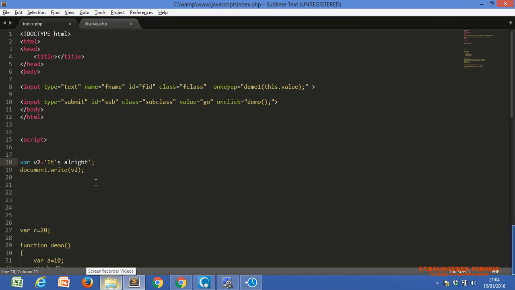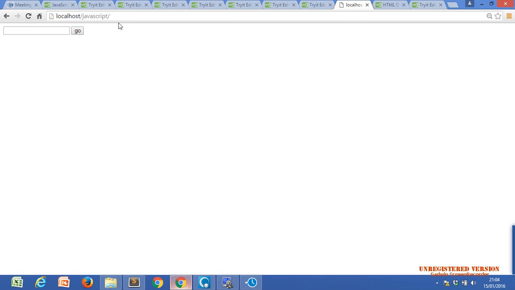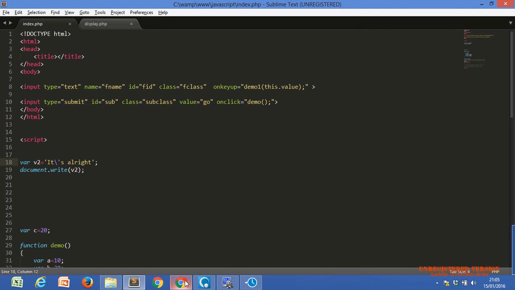Now, if we use this backslash just before the second single quote, we will get "it's alright" and the rest of the values. So we get the apostrophe, the single quote, in our string. But how do we get it? Using this. Kushi, did you say anything? No. Okay. So we have to use this for the apostrophe.